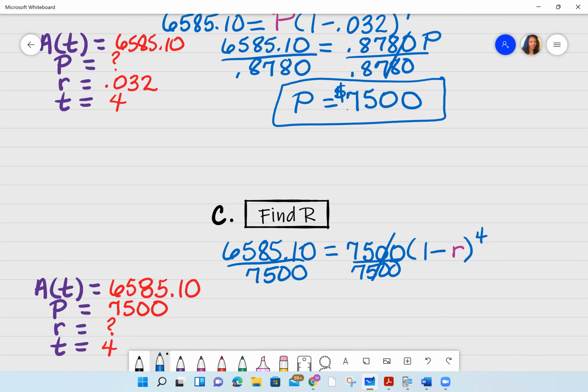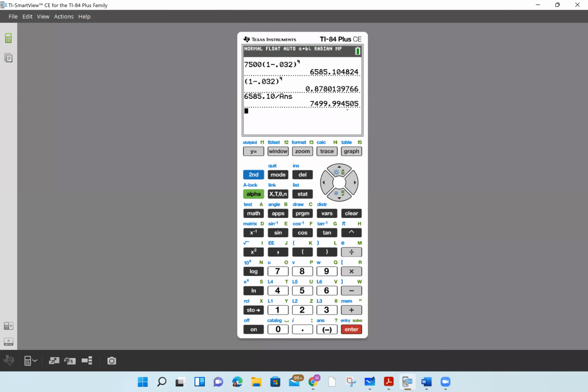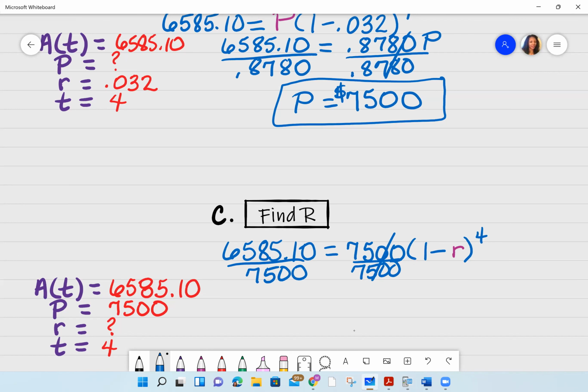And now I'm going to go back to my calculator and put in 6585.10. This time I'm dividing it by 7,500. And when I do that, I get that same 0.8780 that I got a few minutes ago. So we're just going to go ahead and write that down. And that is 0.8780. I'm going to set that equal to what's left over on this side, which is 1 minus R raised